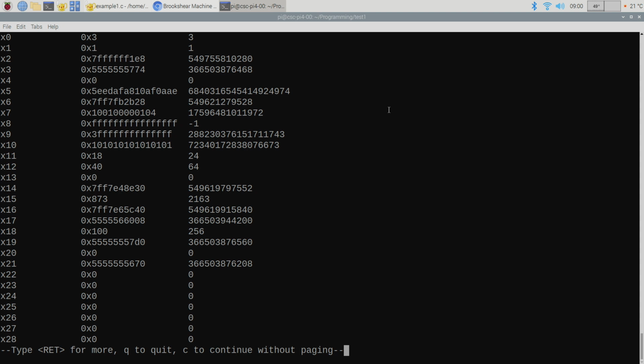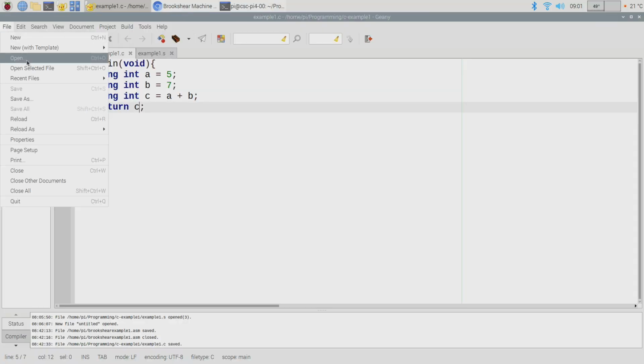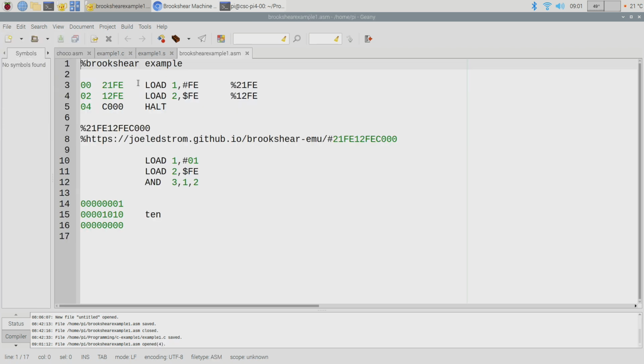All right, so that is just sort of a quick crash course, if you'll pardon the pun, into the GNU Debugger. Okay, the other thing I wanted to show you guys is, so when we wrote our example, well, I closed the file, of course. When we wrote our sort of example Brookshear program, just this silly one, right? Up at the top there, notice what I've got. I've got my memory addresses going down the side. I've got the instructions in their machine code equivalent. Then I've got the assembly that is the human readable stuff.